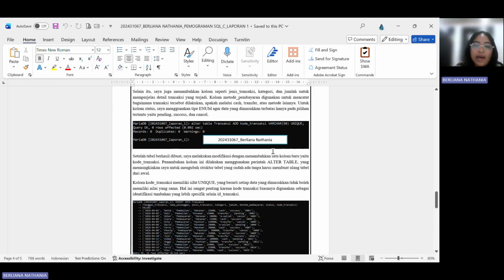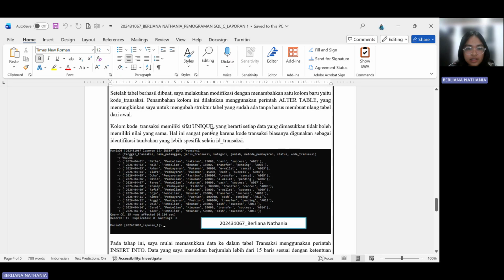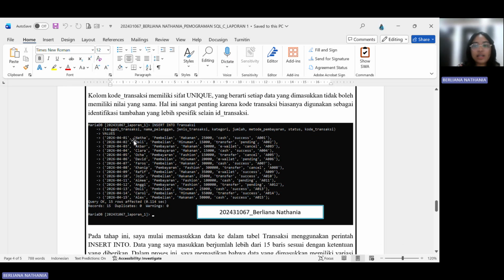And then I insert the data using insert into transaksi like this. Insert into transaksi, and then tanggal transaksi, nama pelanggan, jenis transaksi, and after that values, and then I insert all the data based on the assignment that you gave.